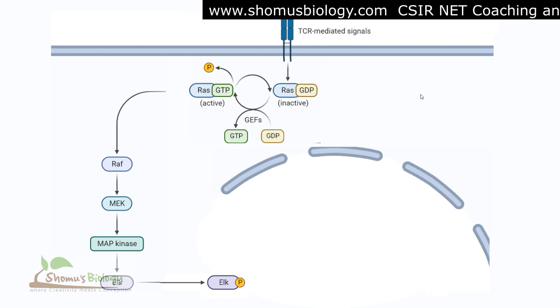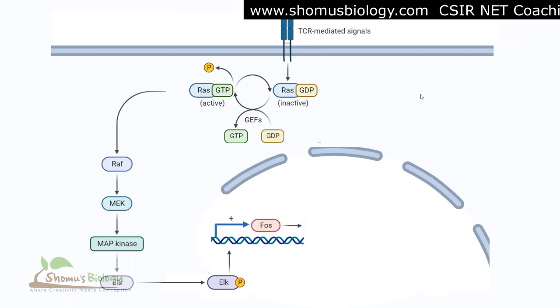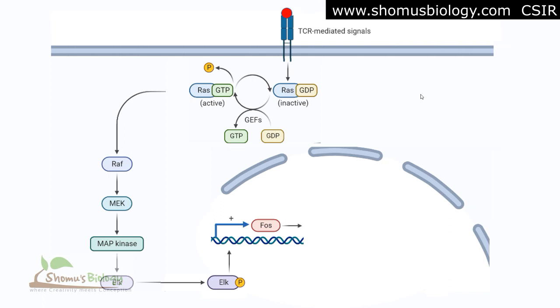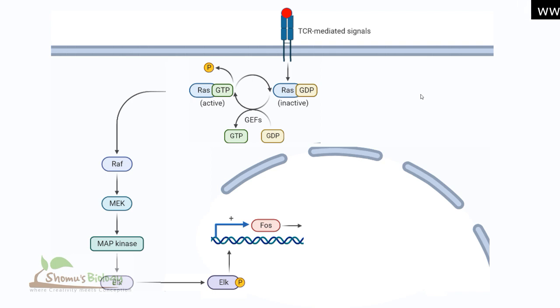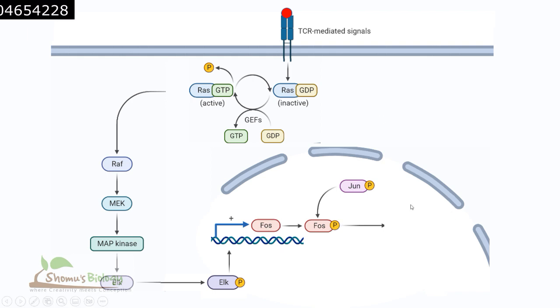Then this phosphorylated ELK will continue to interact with the promoter region of specific target genes, and that will trigger the production of further important proteins like Fos. So once Fos is produced, the Fos can be phosphorylated by another protein which is present in the nucleus, which is known as Jun. The phosphorylated Jun, which is the active form of Jun, phosphorylates Fos, and now